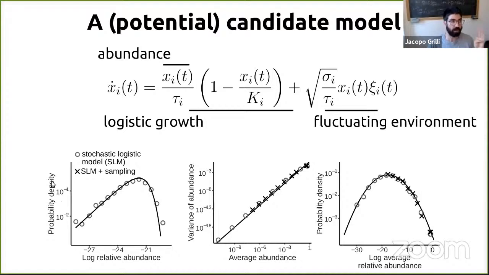That's not true for the non-stationary data. If you fix the deterministic term, then there is only one choice of the multiplicative noise that reproduces the gamma distribution. So if you change that, you get a different prediction.